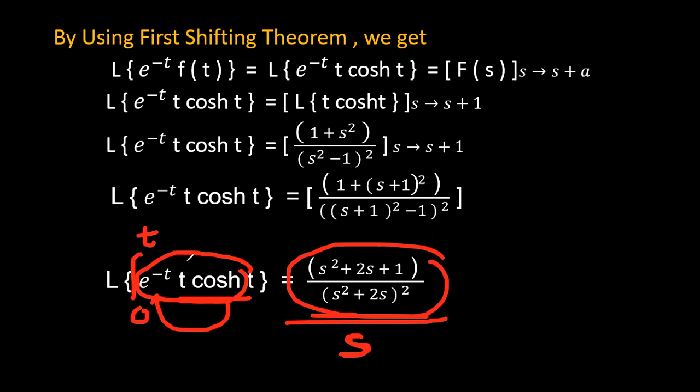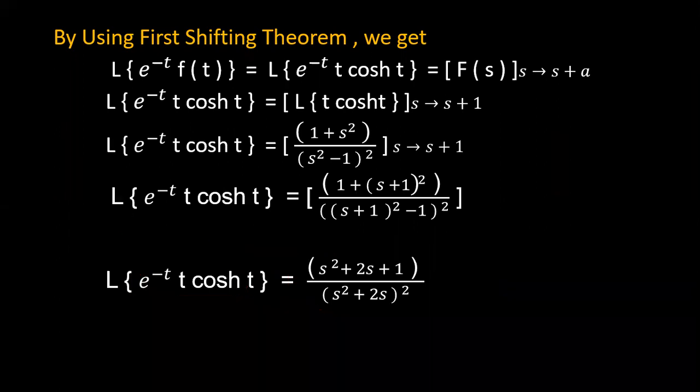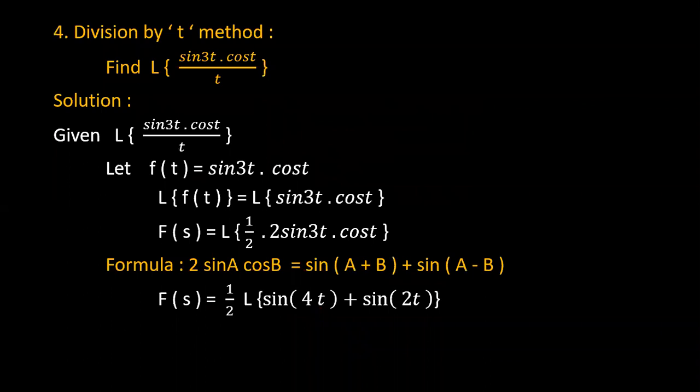So here we are using the multiplication by t method, the shifting method, and the integral of a function method. So there may be one or two methods incorporated in a given function, so you have to be careful. Whenever you are solving the problem, whichever is first convenient, make that function the first term, and then apply the different methods after simplification. Okay, all right.